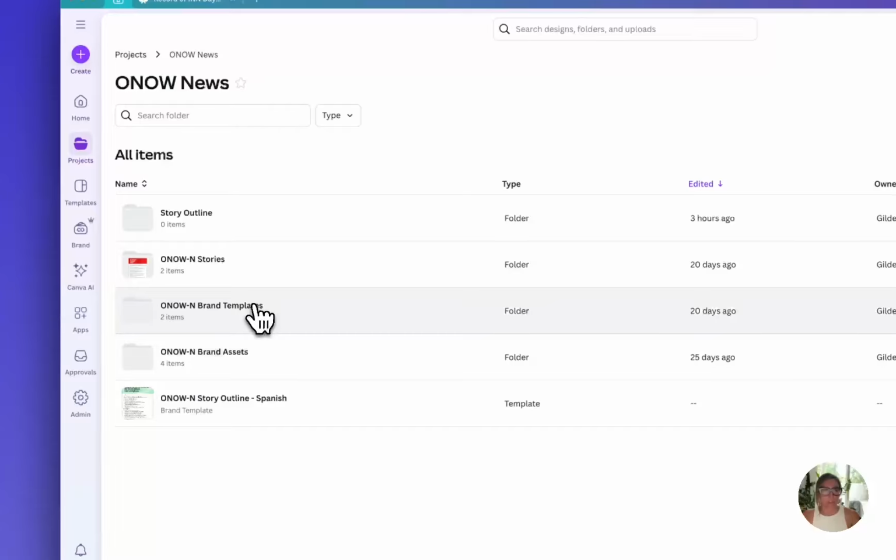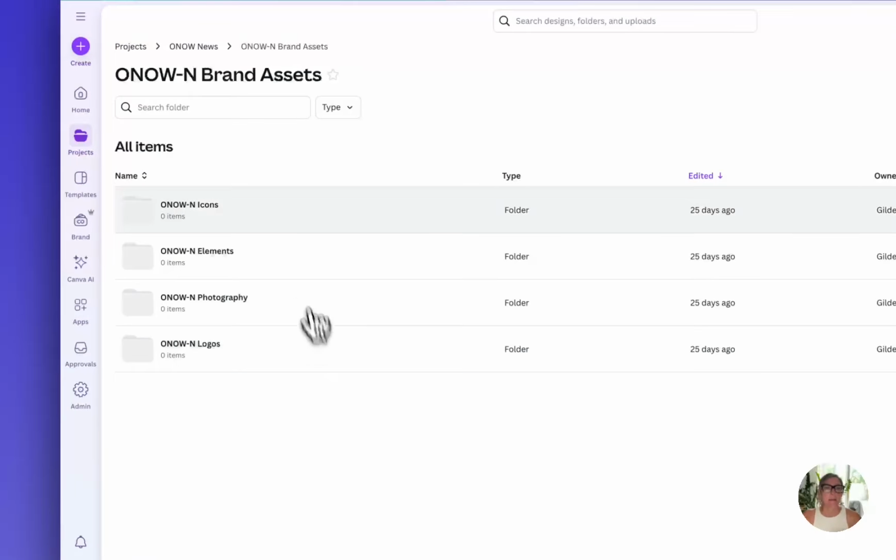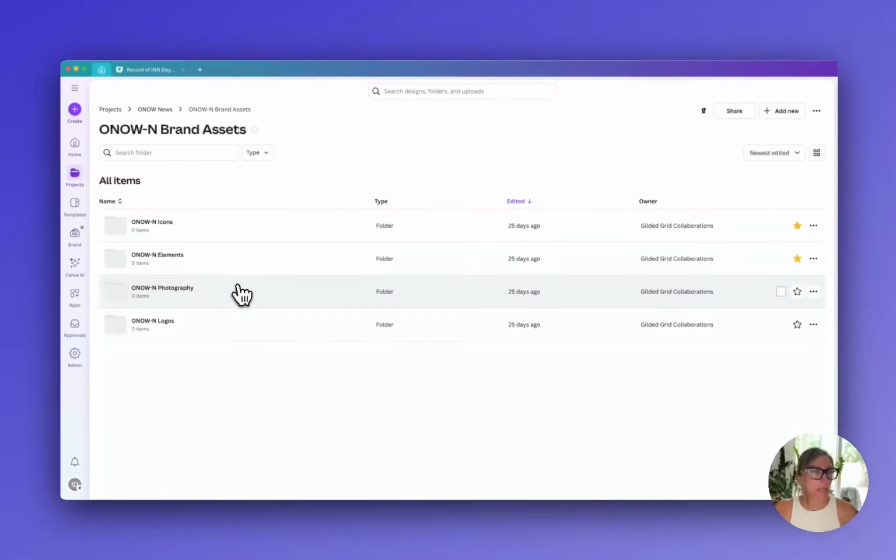And within each of these, you can see that we've got some different folders. Maybe we've got one for story outlines, maybe one for actual stories written, templates, brand assets. This might break into icons, elements, photography. So as you can see, if we can create some folder structure here that gives us places to